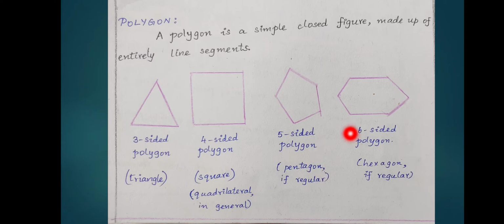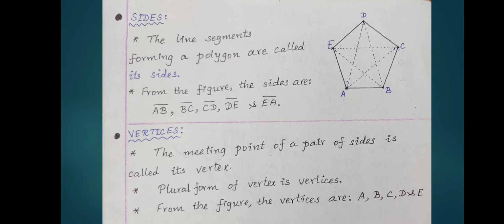And if all the sides of a 6-sided polygon are equal in length and all the angles are equal, then that 6-sided polygon will be called a regular 6-sided polygon, and so it will be called a hexagon. Next,